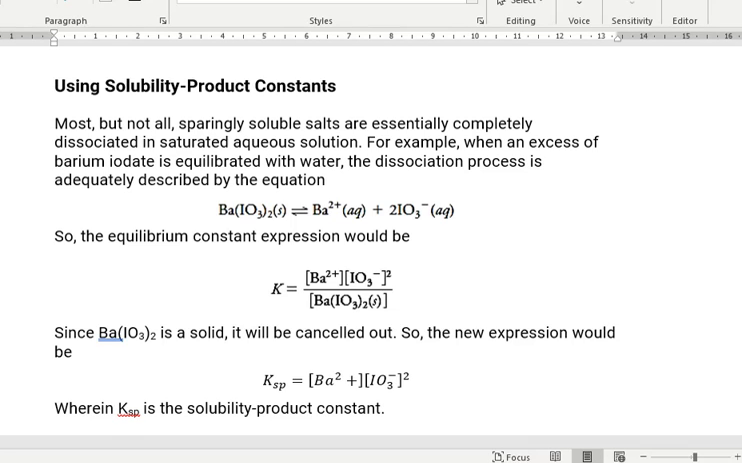Now, that barium iodate, when it is dissolved in water, the dissociation process is described by this equation. So, in solution, your solid barium iodate actually dissociates into barium ions and iodate ions. And then you balance the equation, of course. And so, when this system reaches equilibrium,